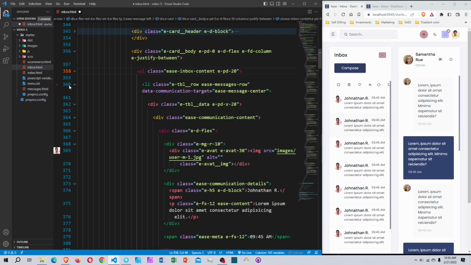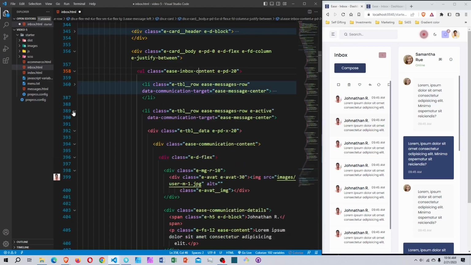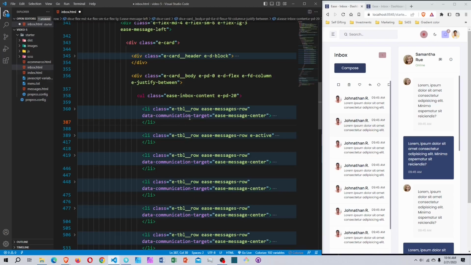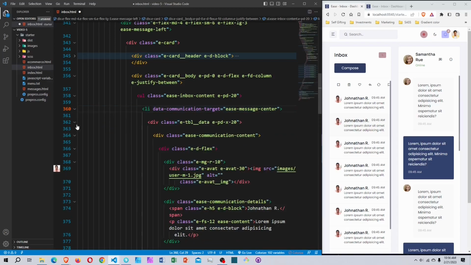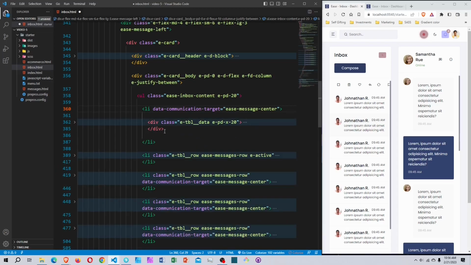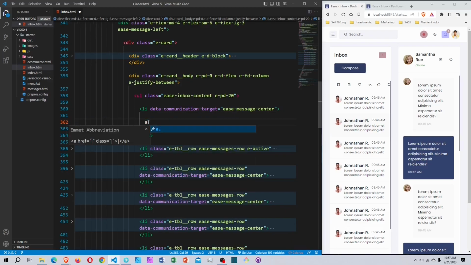Okay, and I'm gonna collapse this li's, and for this li, we don't need any class except for the first one. So none of them need class. The only thing we need is the data communication target, which will be the same as e-message, the center. So once I open it up right here, we're gonna create an anchor element inside of the li, anchor element with a class e-d-flex,